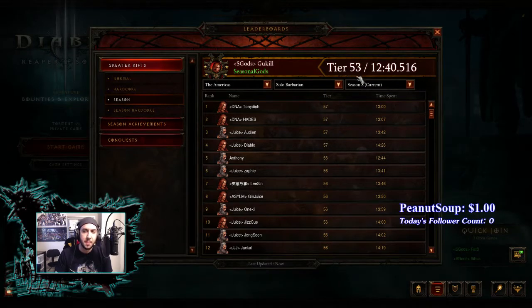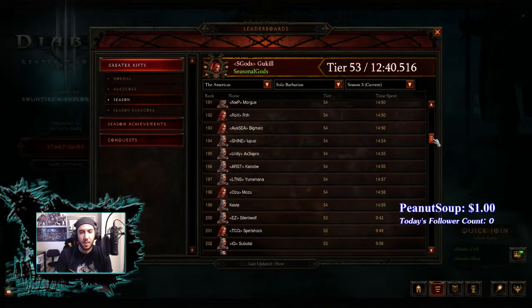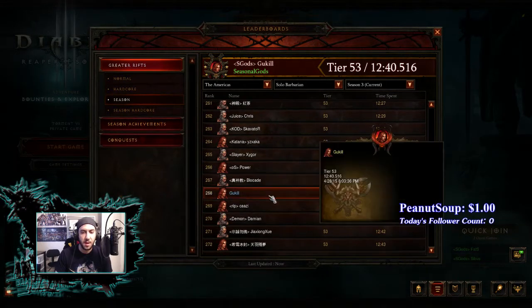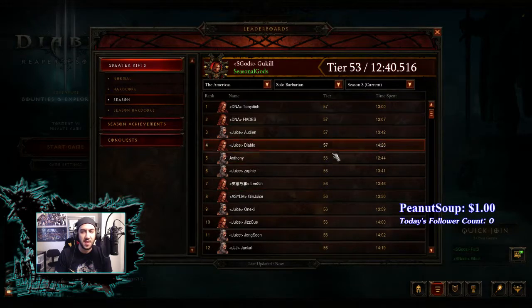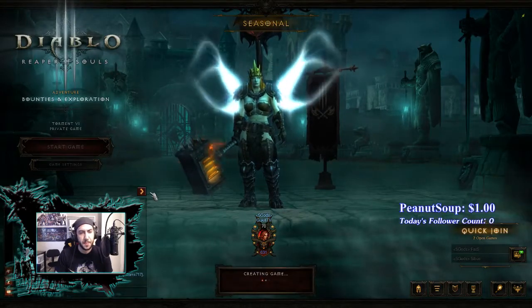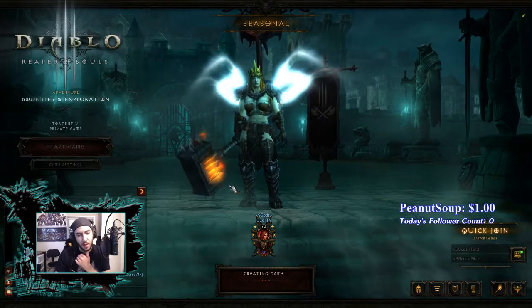So as you can see, last time I was able to do a greater rift push, I was able to get to greater rift 53, which is not as good as it was in the past. Now, as you can see, let me zoom in here. Falling down to 268 on leaderboards, now 57, 56 is kind of the new top greater rift ranking. I'm not going to be able to do that in this video, but I'm going to show you guys kind of what I'm rocking for gear here,